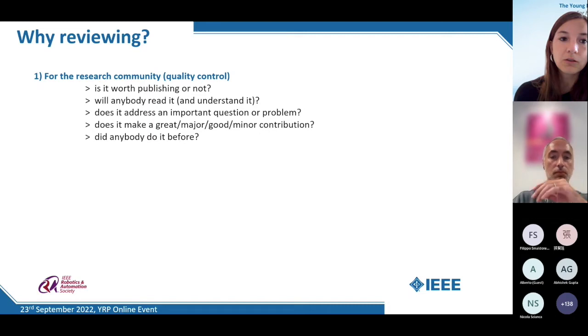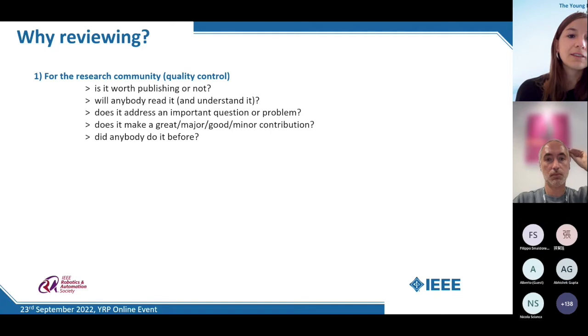Does it address an important question or problem? Is it worth actually answering this question or problem? Does it make any great, major, good, or minor contribution with respect to the state of the art? And did anybody do it before? This is the reason why we review the paper, because whenever a new paper is submitted, we need to